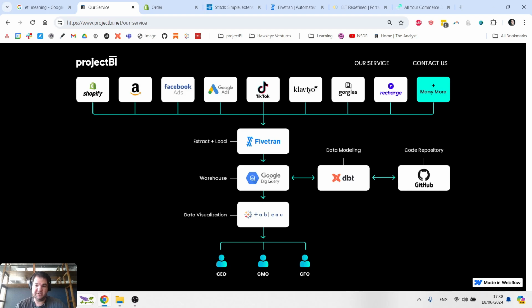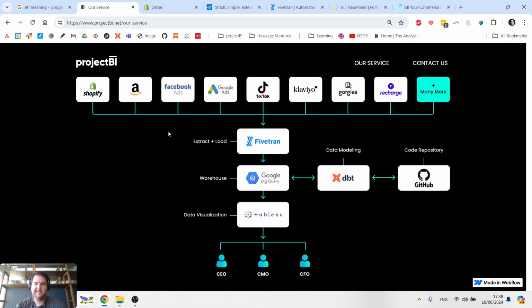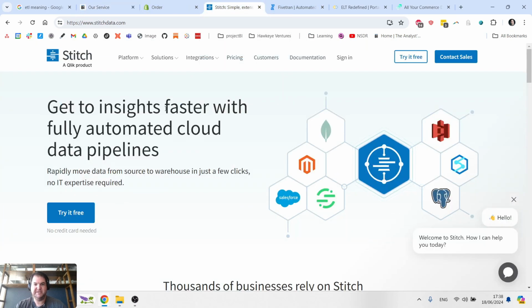So that's fundamentally what ETL is. It's extract, transform, and load: moving data from a source into a data warehouse, and transforming it along the way so that it lands in the warehouse in the right structure and layout, right? We want our rows and columns so that we can then go ahead and use SQL to do whatever we want. So I just want to cover 4 examples of ETL providers because now that you hopefully understand the concept of ETL,